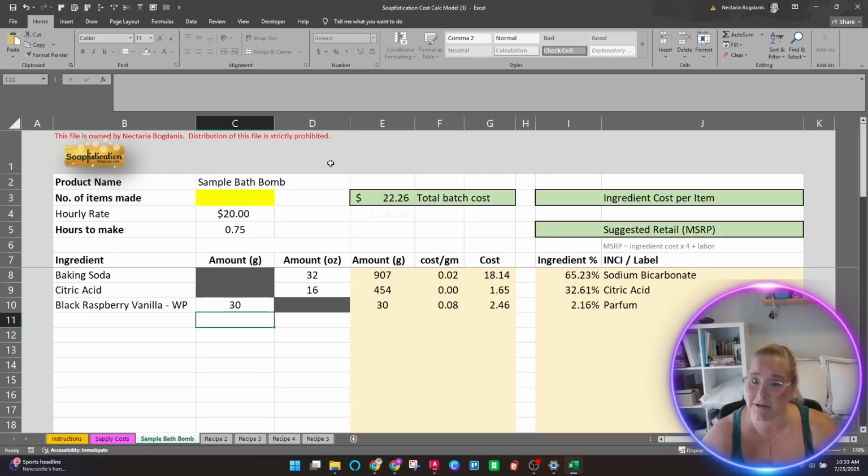I am American, so I had to put the ounces in because that's how I started making. But now I'm living in Canada. I call myself an Americanadian. And so I use grams now. And I think a lot of people are using grams anyway because it's much more accurate. So I wanted both options.